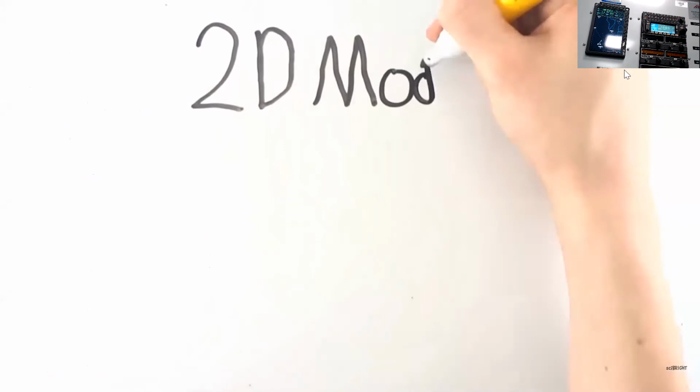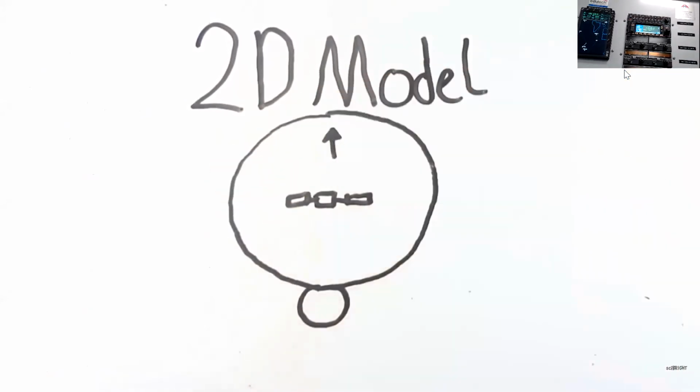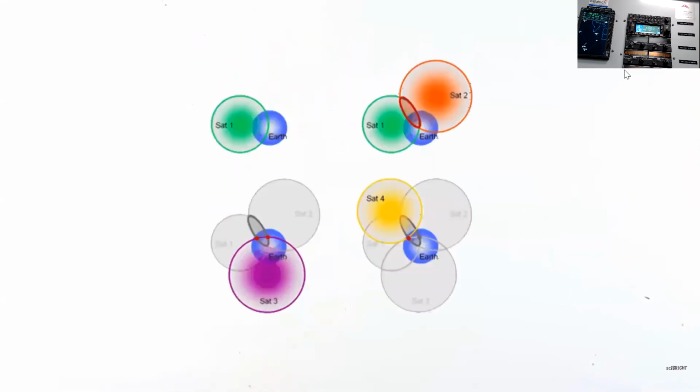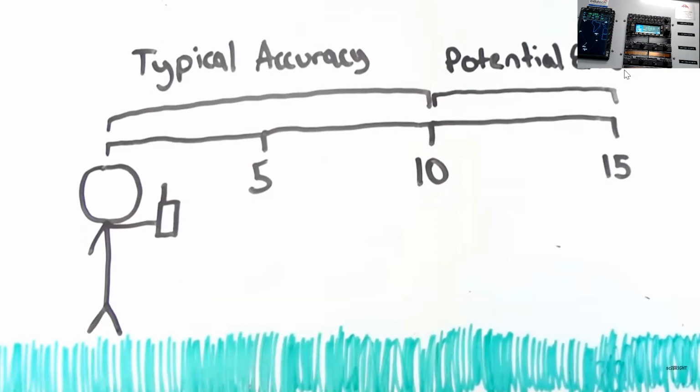As these satellites are also sending whereabouts they are, you can begin to draw spheres around the satellites, with you being somewhere on the outer border of that sphere. As we introduce more GPS satellites into the mix, we begin to get closer to where we are. By calculating the time differences between these satellites, we move from having no idea where we are to being able to pinpoint where we are, typically down to 5 to 10 meters on average,